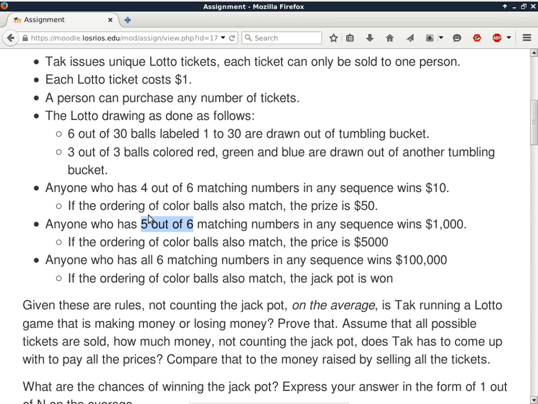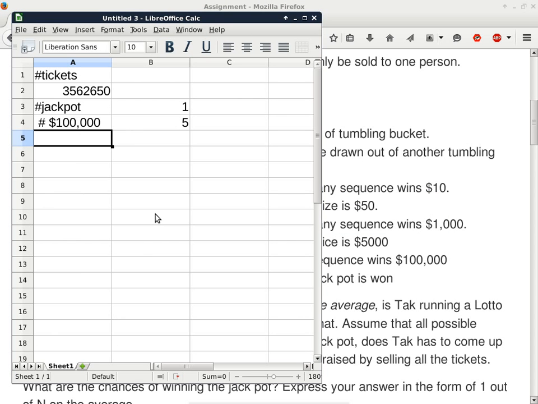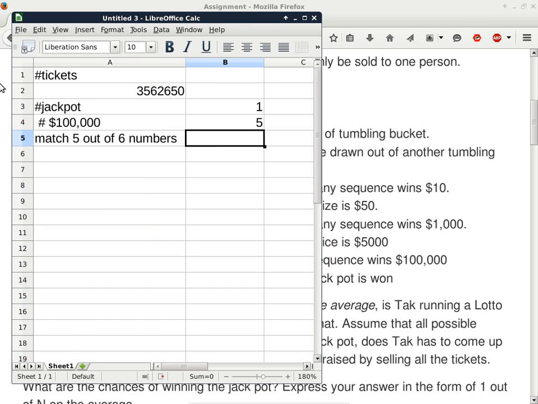So let's go ahead and take a look at what we are dealing with here. We just want to calculate, match 5 out of 6 numbers. So we just want to look at the number of tickets that will fit this requirement. That is going to be the number of combinations of choosing 5 out of 6 of the lucky numbers times the number of combinations choosing 1 out of the 24 not so lucky numbers.